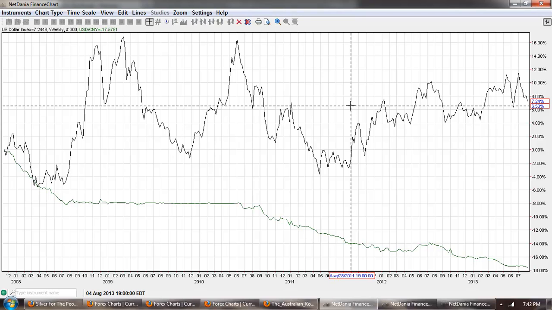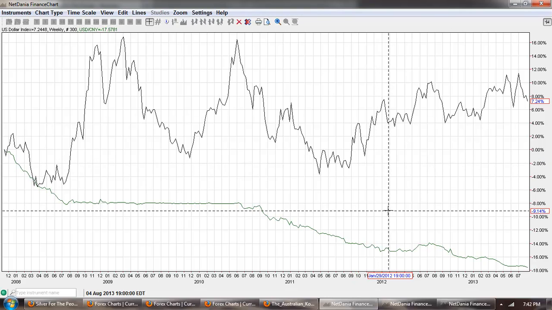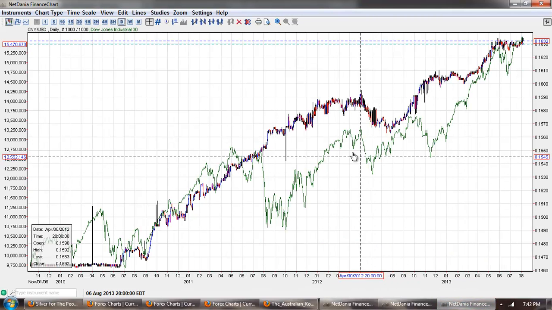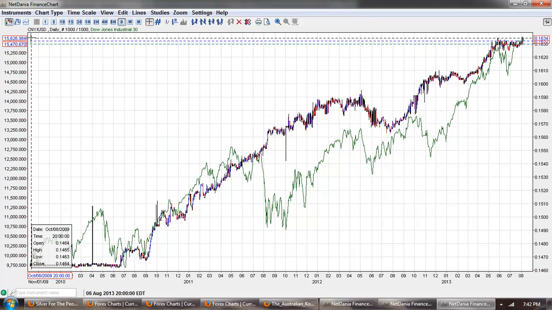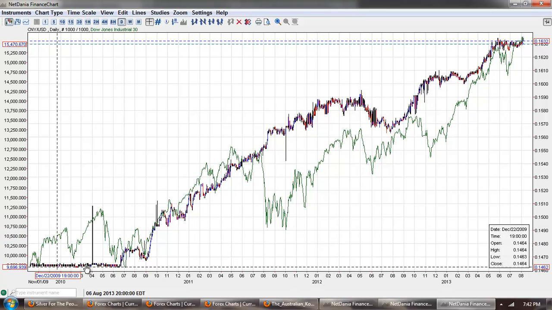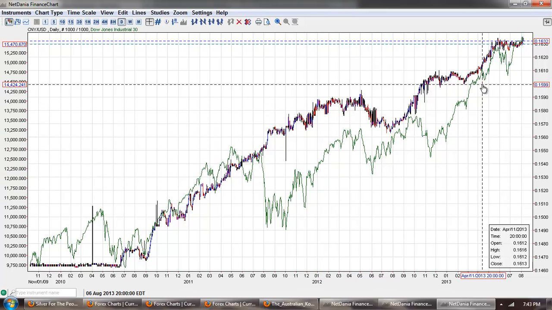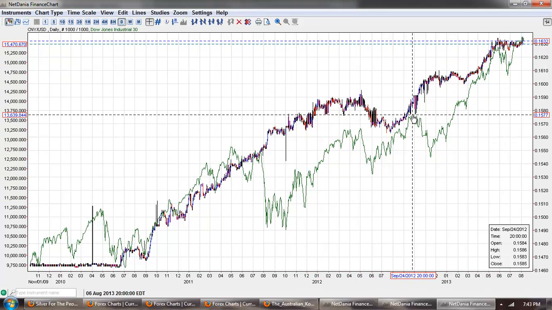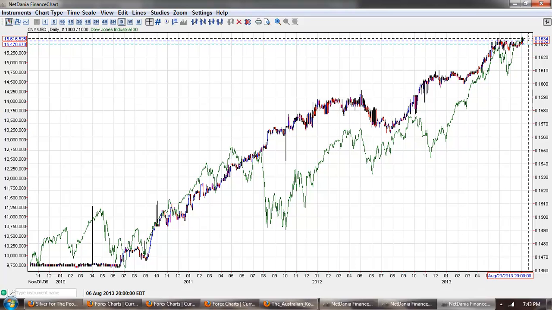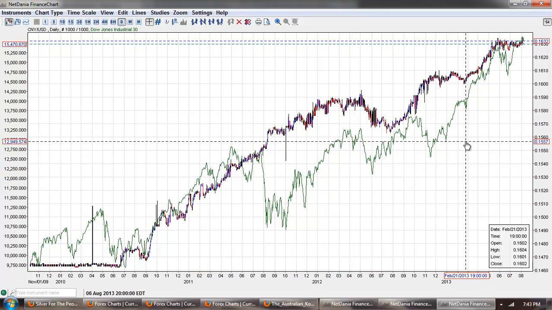Now, let's do a comparison of the US stock market and this Chinese currency, and that is a cross of the Chinese currency and the Dow 30. So you can see the beta on this one is very tight as well. You can see some divergence here, but pretty much as the dollar loses value against the Chinese currency, and you can see right up here, we're going into new highs. That's new highs in the value of the Chinese currency,